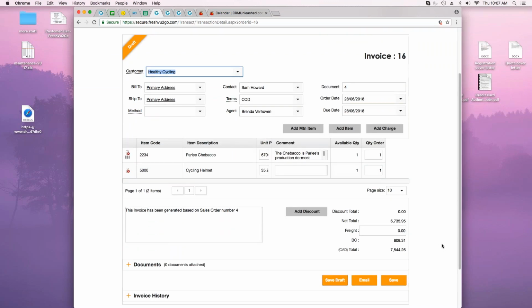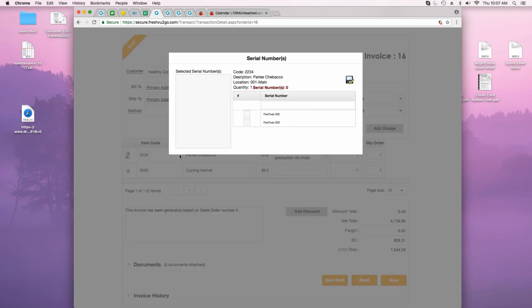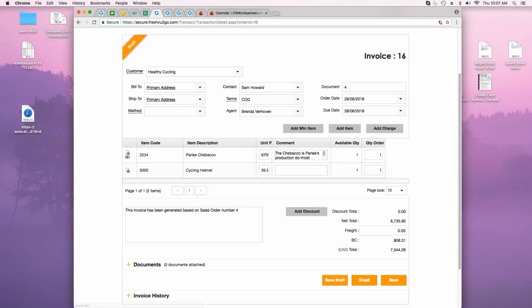But being as this is the invoice and this bicycle is a serial numbered item, you can see this little barcode here. If you click on the barcode, it's going to tell you that you have these two serial numbers available to you. So you just get to choose whatever serial number the bicycle is and save. When you get that little green check mark, that means that you have